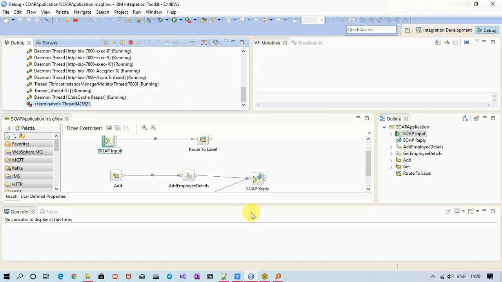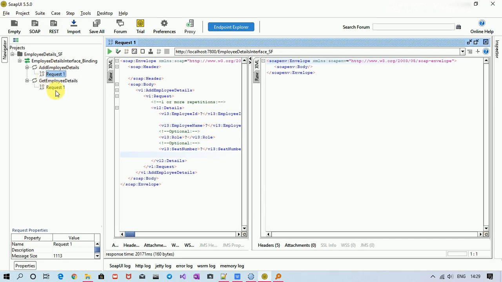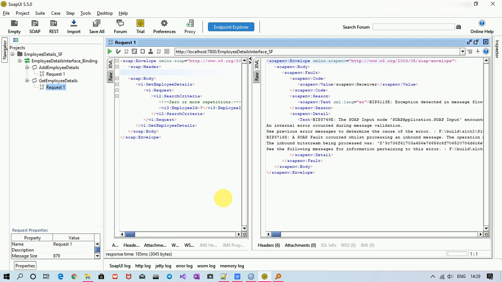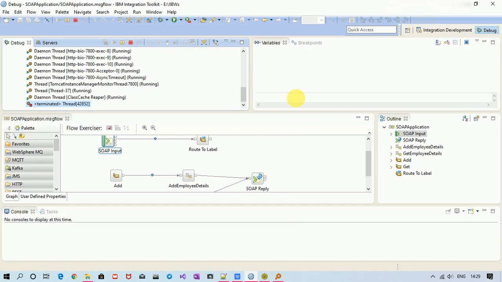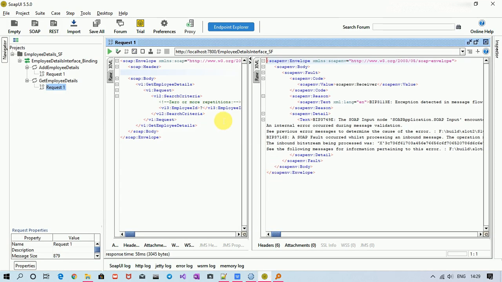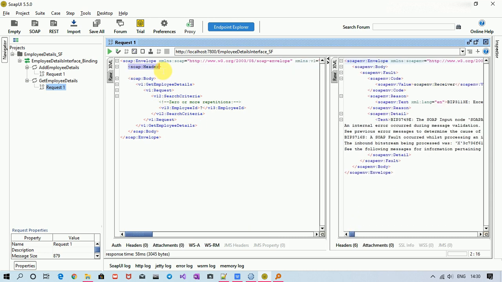Now let me hit another operation, which is get employee details. Oh, I have missed closing the header, so this is the problem.